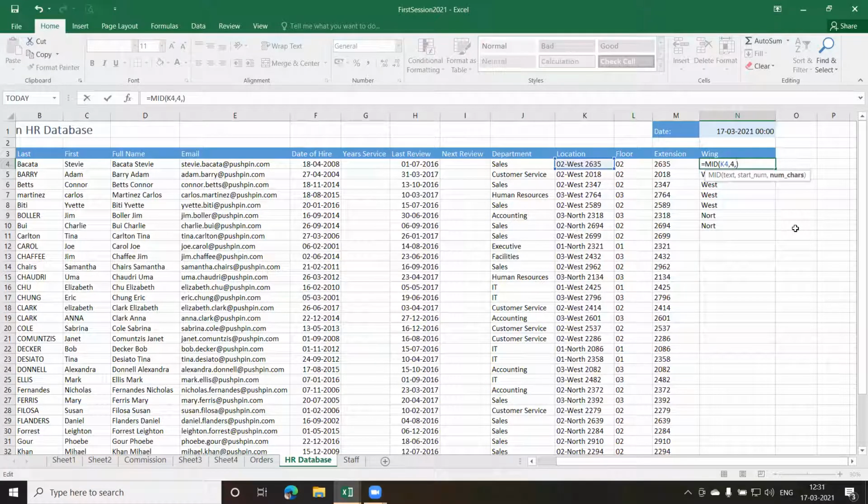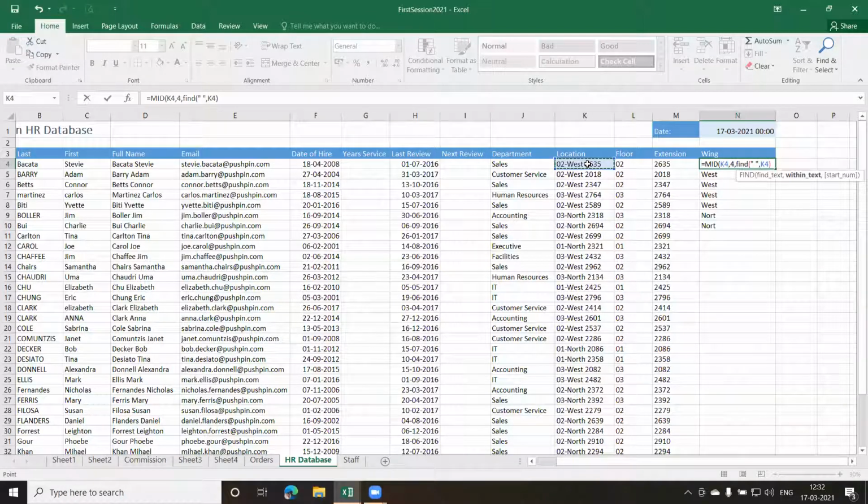So the function which I'm going to use here is the find function. I'll use the find function to find the space, because you can see there's a space at the end here. So I'll write in double quotes, I'll put a space like this, find space, comma, within what? Within the string K4. So again, I have to select this K4.